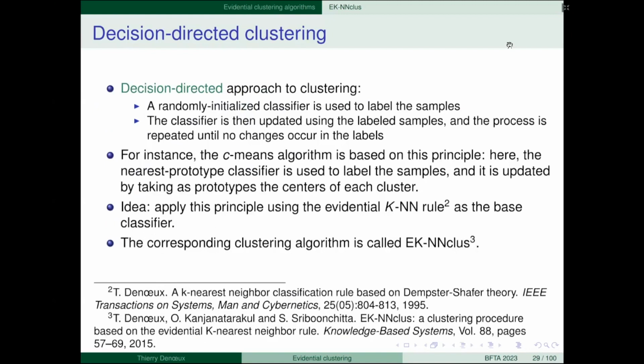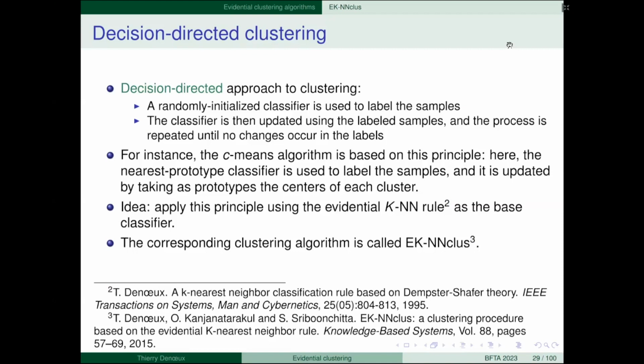You can first randomly initialize the classifier and use it to label the samples. Now you have labeled samples. Then you retrain your classifier, and then you do it again. With an updated classifier, you classify the objects, and you do it again and again until you converge to a partition.